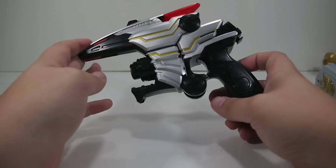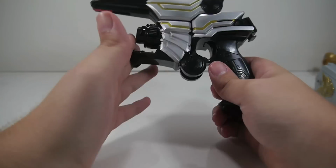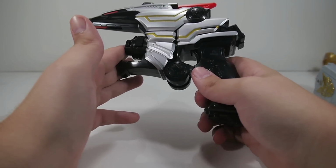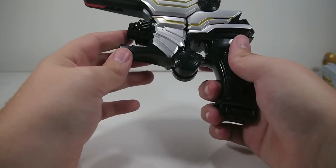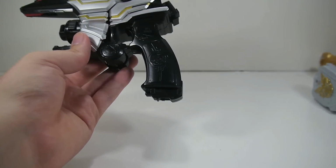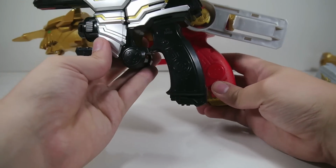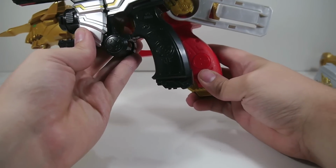And last but not least, we have the Leon Laser Blaster, which ripped its name straight from Go Sager. In the show, this is the Robo Blaster, which transforms into the Robo Sword. So a little bit of a naming issue there, but very small. In fact, it is smaller than the Ultimate Blaster and/or Power Ranger Blaster